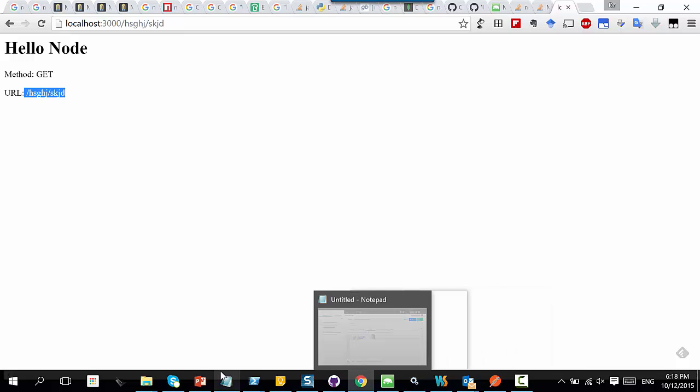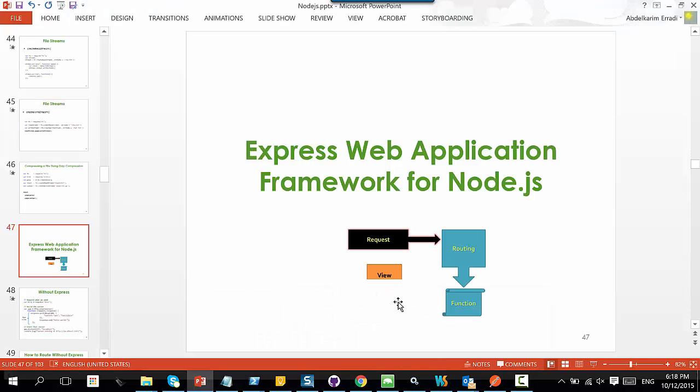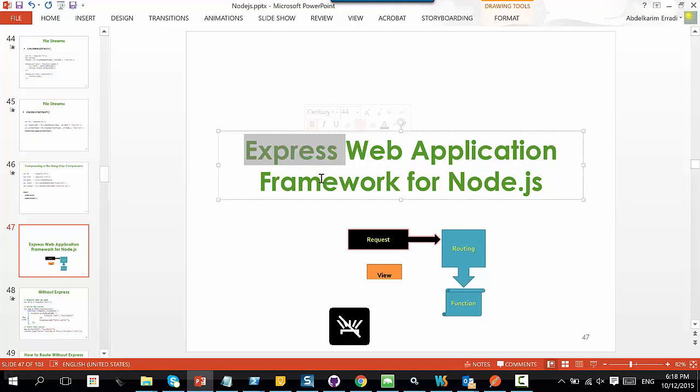And there are many, many modules, but the most popular one is called Express. This Express was developed mainly by this company called Strong Loop. They are pioneers in this area of Node.js, and as I said, they have been bought by IBM. And this Express